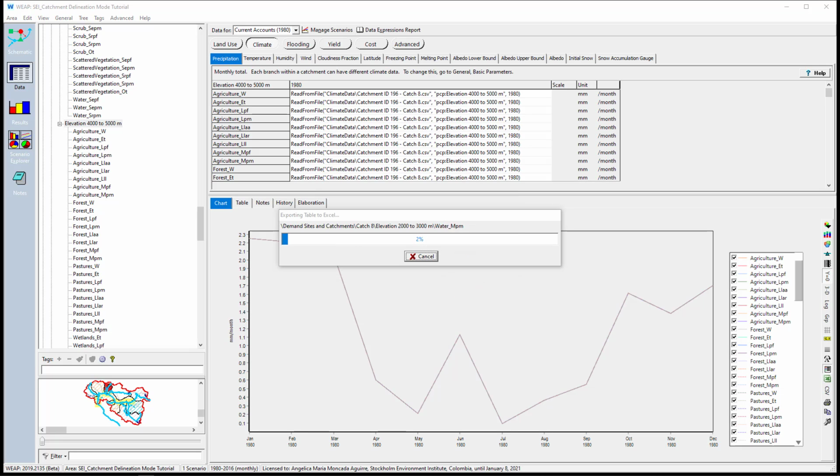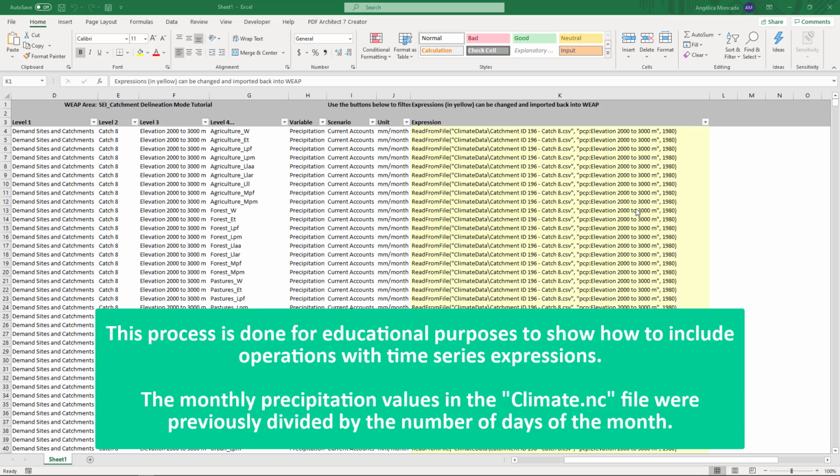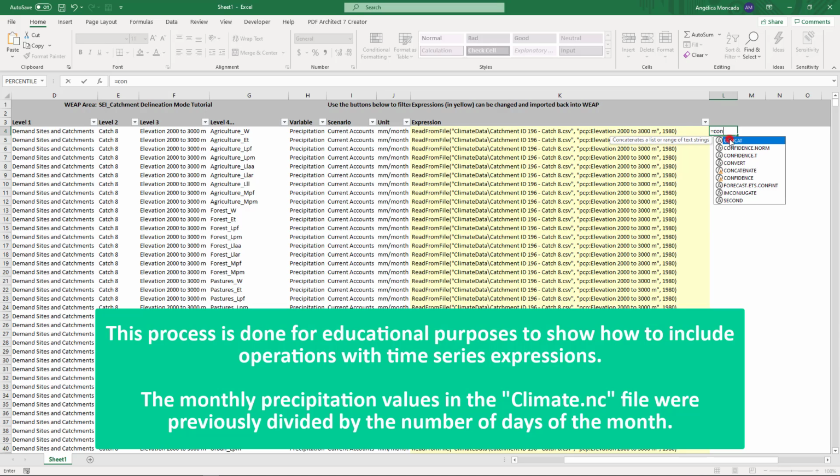It can take a while because each subclassification of each catchment has its own expressions. This process is required for this specific file. We can use the concatenate function. Type in the L4 cell, concatenate, open parentheses, select the expression cell, K4, comma, open quotation marks, multiplication sign, add the word days, close quotation